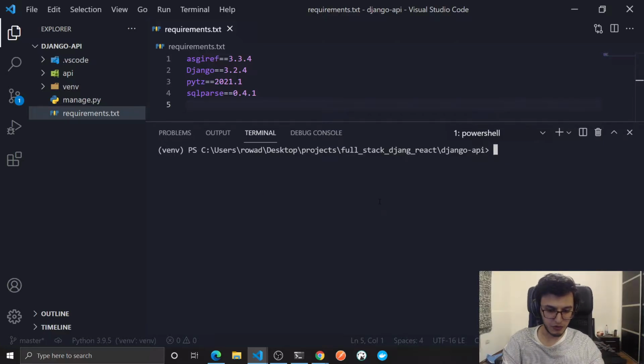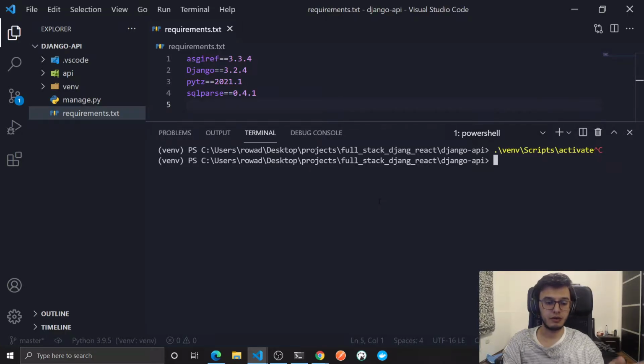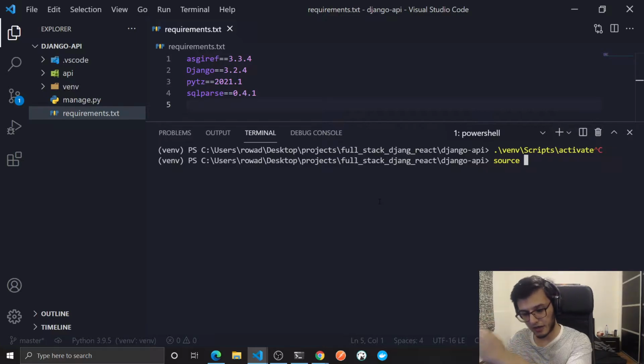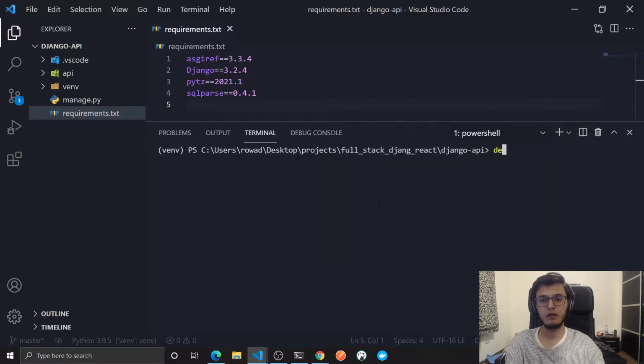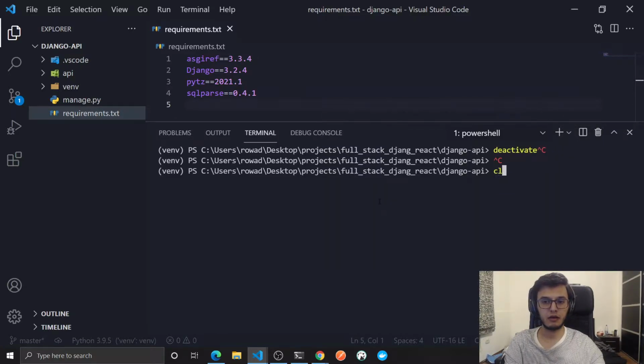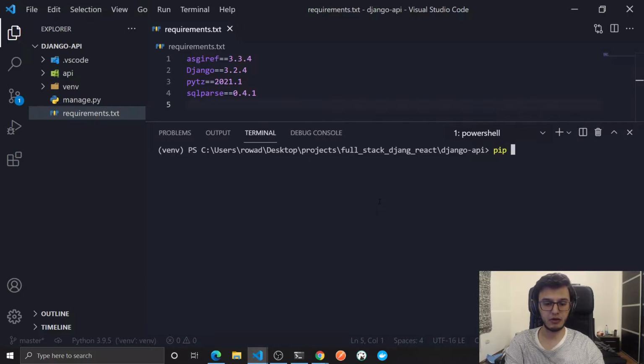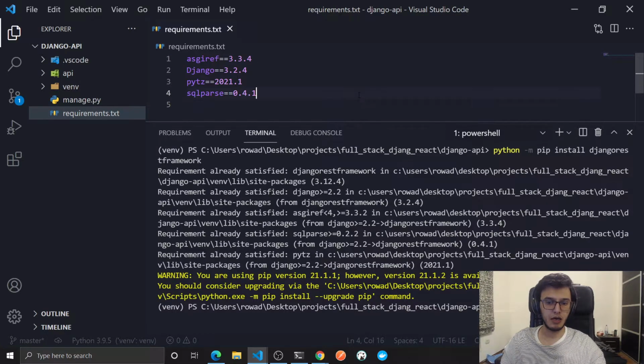To do this in Windows, venv, then Scripts, then activate. That's it. On Mac or Linux, source venv/bin/activate, like this. Okay. To deactivate it, type deactivate like this and hit enter. But now let's actually install that. So python -m pip install djangorestframework, and